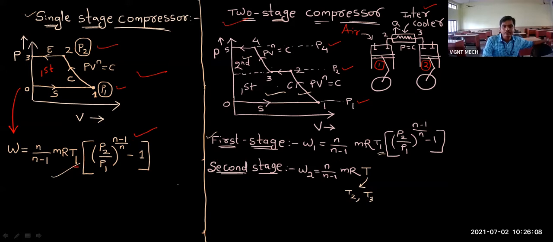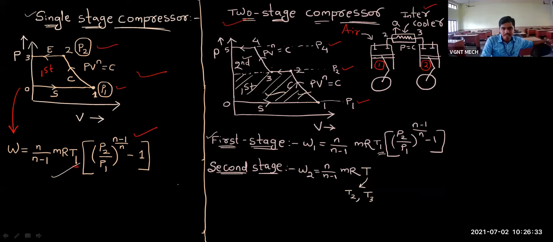Okay, I will tell you which temperature it is for the first stage. Let's come to the first stage. This is the first stage. How much is the first stage? This much is the first stage of compression. So for this stage, which one is the compression process? Point 1 to 2. This is the compression process. I told you the inlet temperature of this compression process should be the temperature.